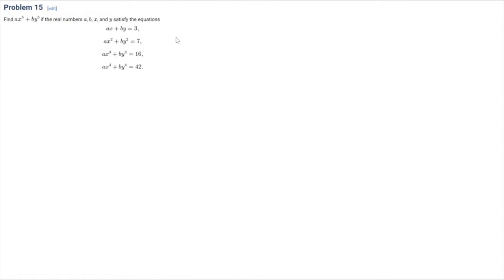So a thing we can notice here is that to get from ax plus by, or just a times x to the power plus b times y to the power, to the next power, where the exponents are one more than the previous one, what we need to do is multiply by x plus y and then subtract a few multiples of x squared times y squared, x squared times y, or y squared times x, or something involving x, y. So something we need to experiment with is, for example,